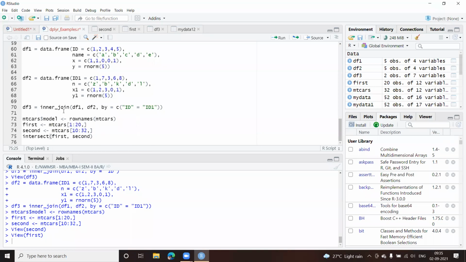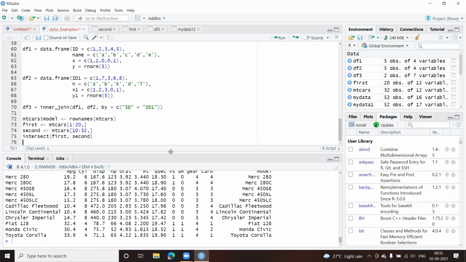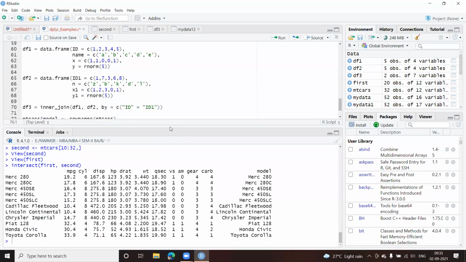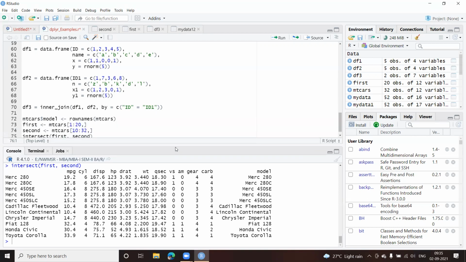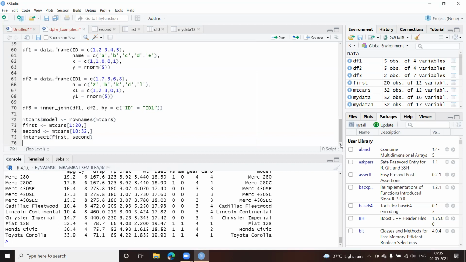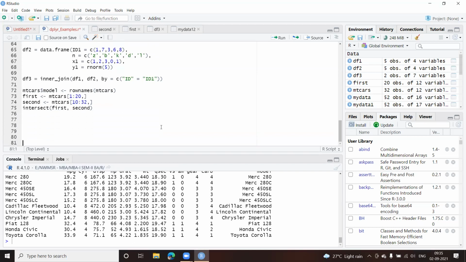That's it. Nothing else. Okay, and I get all the records. So basically, which are common records. So you get these common records between both the data frames. Okay, so I think around 10 records should be there. 1, 2, 3, 6, 7, 8, 9, 11 records are there. Okay, so there are total 11 records which have been returned. So intersect usually is going to give me only the common records between both of them. Okay, so unique rows, you can say. Unique rows which are in both the data frames.